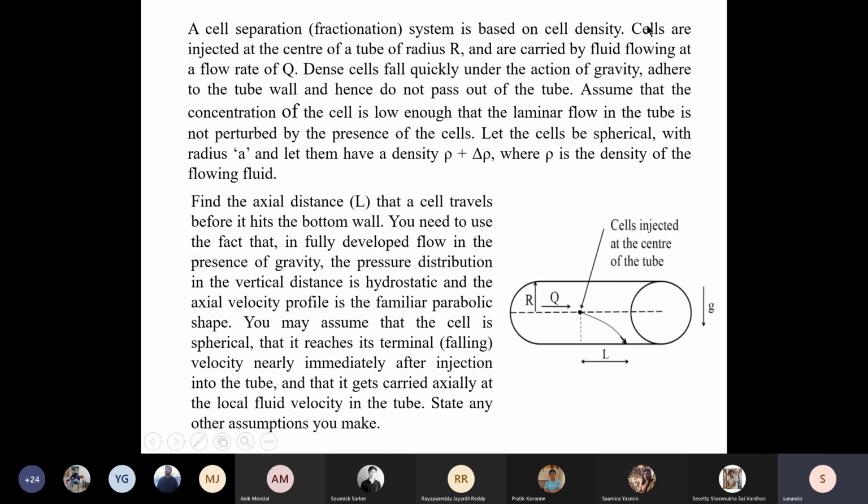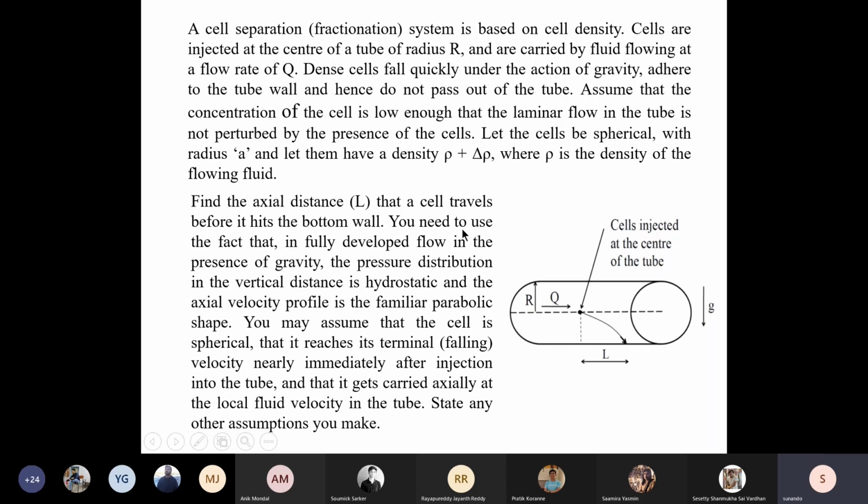So let's read the description. Cells are injected at the center of the tube. The radius is R, and it is carried by the fluid, and the flow rate you can fix. And the denser cells, they will fall quickly under the action of gravity, adhere to the tube wall, and hence do not pass out of the tube. So what we need to do is find out the length. How do you predict the length that a cell of a specific density will take